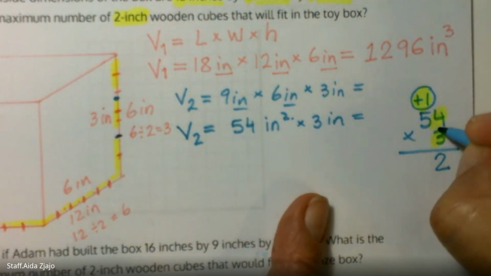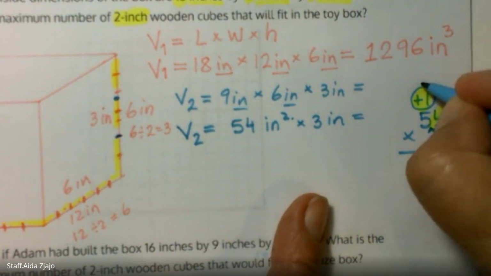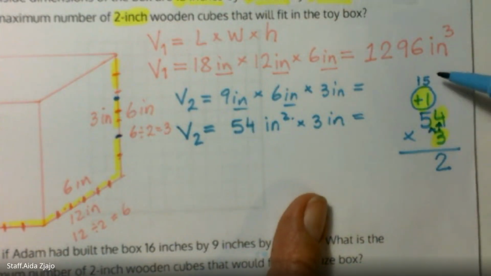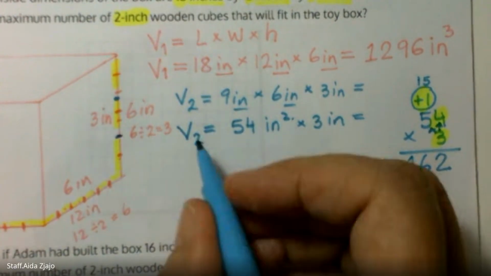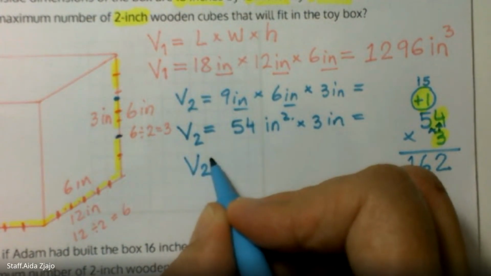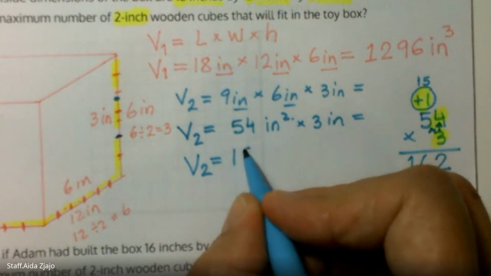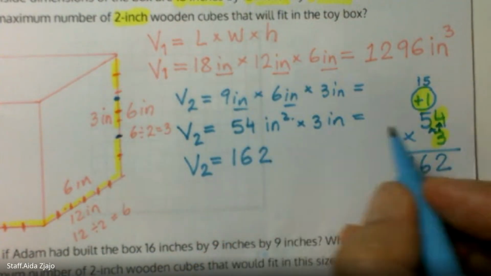Okay, I'm done with 3 times 4. Now I'm doing 3 times 5. 3 times 5 is 15. I put 15 on the top because that'll help me to add 1 to it. So 15 plus 1 is 16. And we got what volume 2 is. And the volume 2 is 162